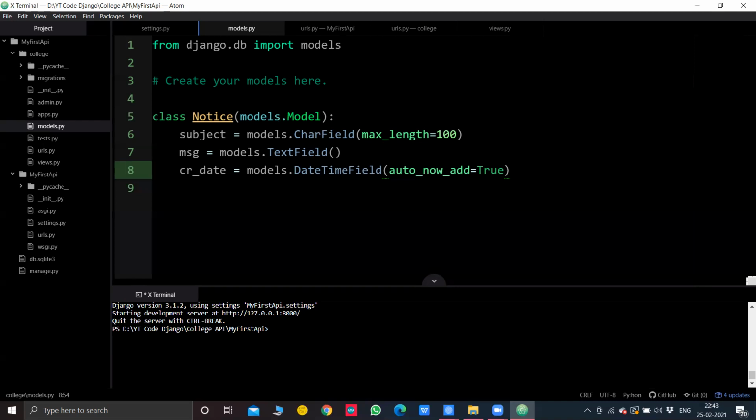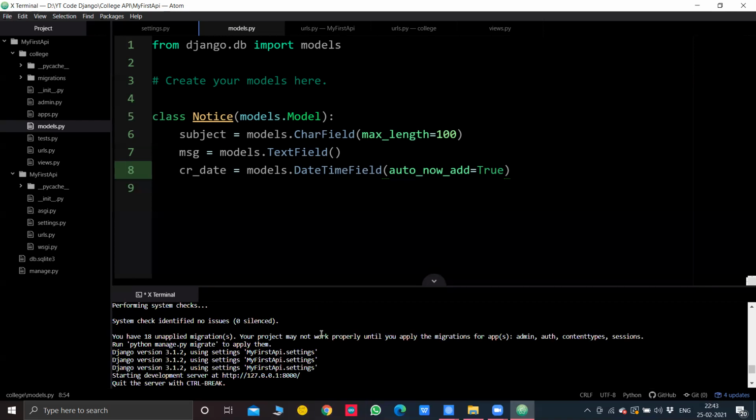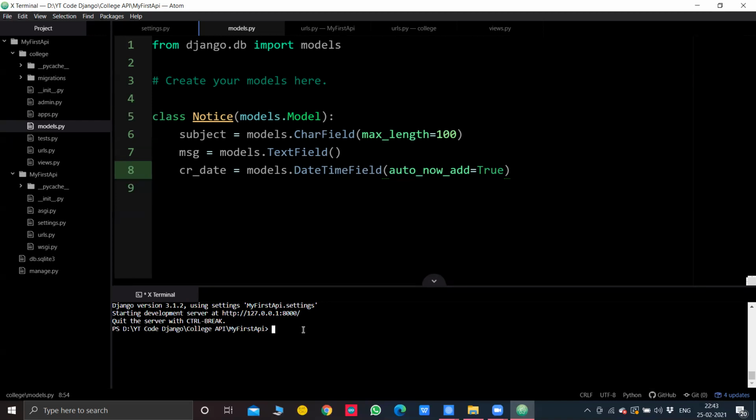So how to put it inside that ORM? Now focus on the terminal here. In the terminal, we need to put two commands. First one is Python. Again, you need to ensure that you are in the manage.py section. First mention python manage.py makemigrations. This will help migrate it to the Django ORM. You can see it says it has migrated and created a model named notice.